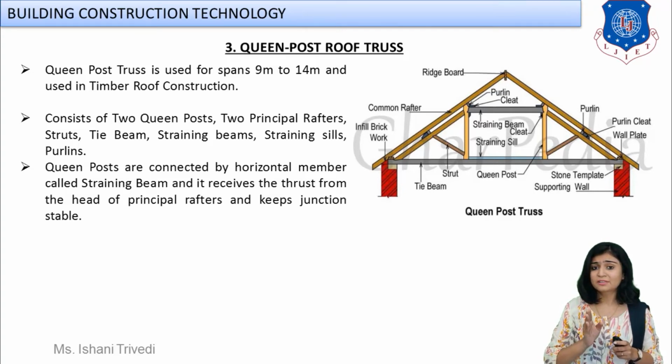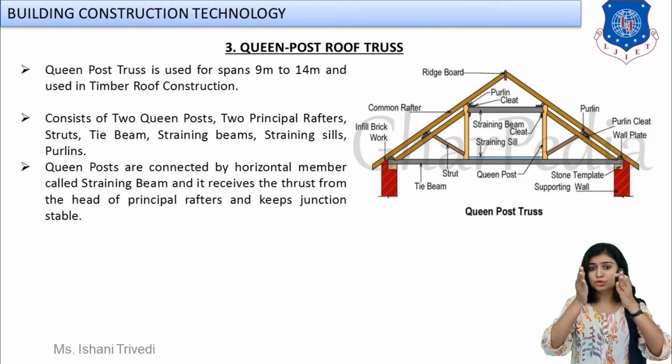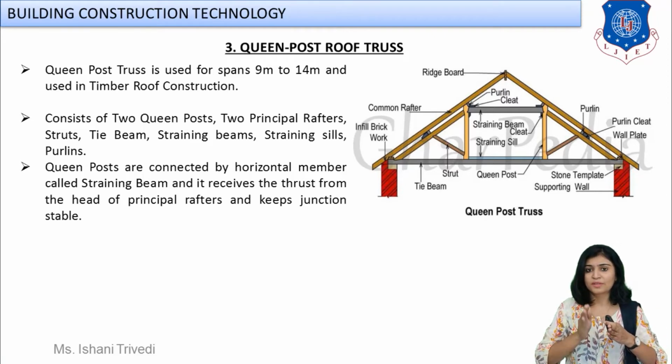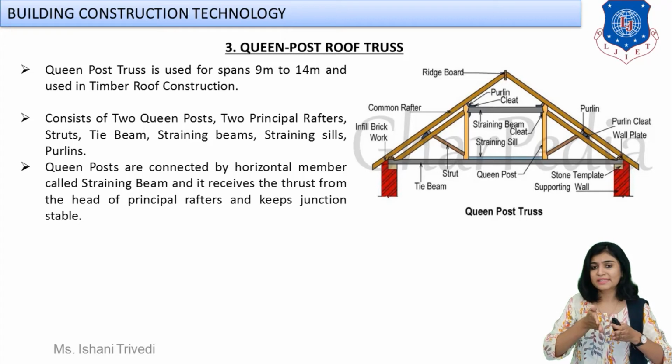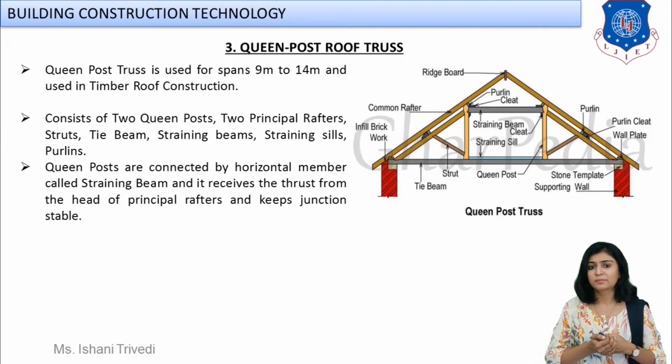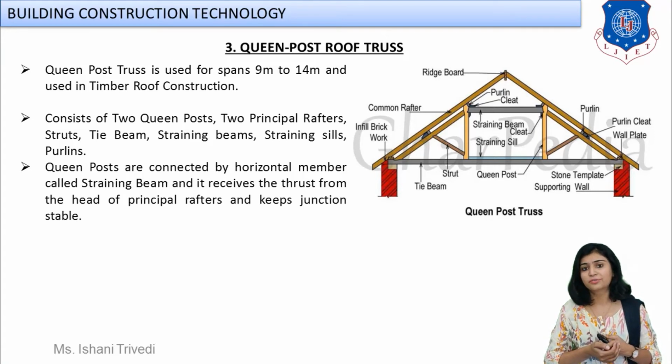Diagonal braces, diagonal struts are provided. But how are they provided? They are connected to the 2 vertical struts. Instead of king post, we have 2 vertical struts, right? And those will be called as queen post. What is the difference? King post is just 1 at the center and queen posts are 2. And those will be connected with your principal rafter with the help of diagonal strut. Otherwise, all of the things remain the same. So I think you will be able to figure out how to draw this sketch and what components are shown here and what is the difference.